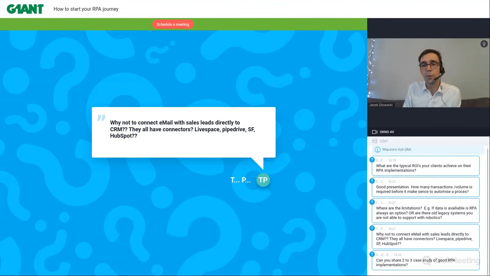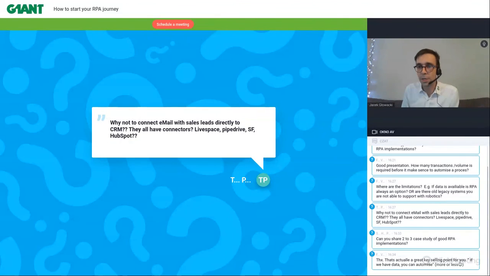So actually, we use all these systems which you mentioned, and we actually use RPA to connect them with each other. So we can automate HubSpot, we can automate Pipedrive, or any other kind of CRM system as well.